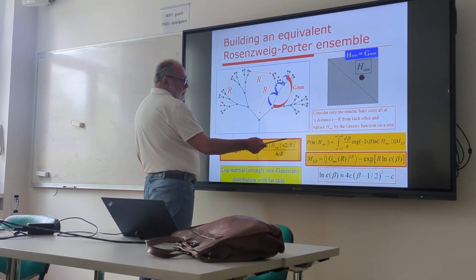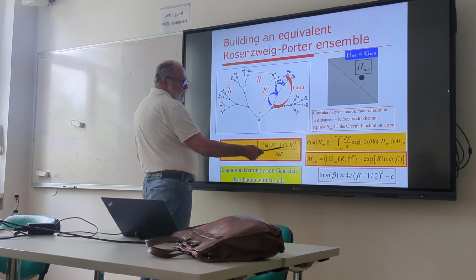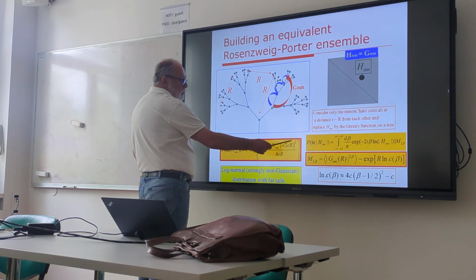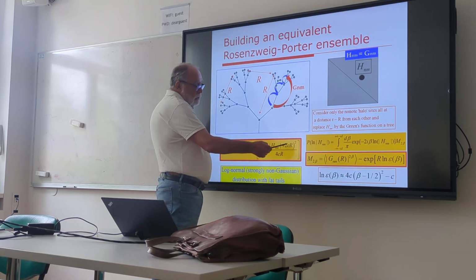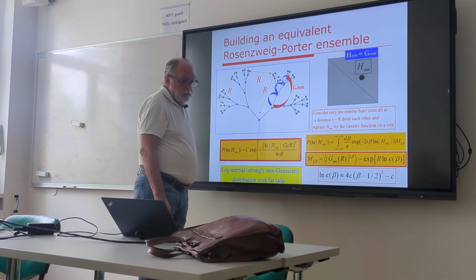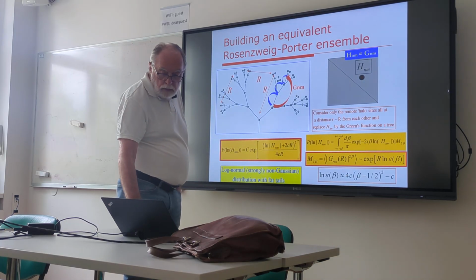And second, that this is a distribution that depends only on one parameter. And this parameter is either the variance or the logarithm of the typical number. Whereas in general, there should be two parameters here. So then